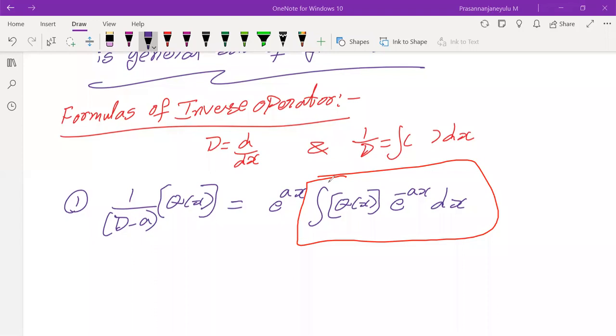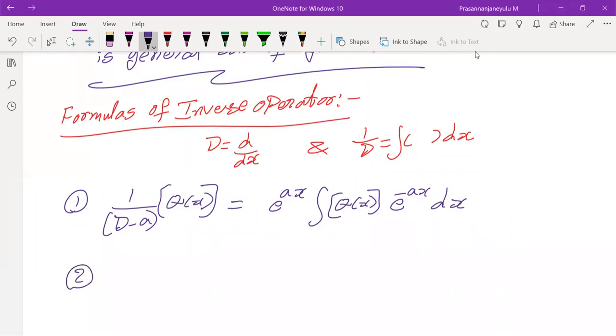Clear? So this is the only formula which we are going to use in our problems. Okay, I'll take one more. 1 by, be careful students, this is d minus a. If it is d plus a, then e power minus ax into integration of q of x into e power ax into dx, we will get it. That is a process. And one more formula, for example, if the denominator is like this, d minus a into d minus b